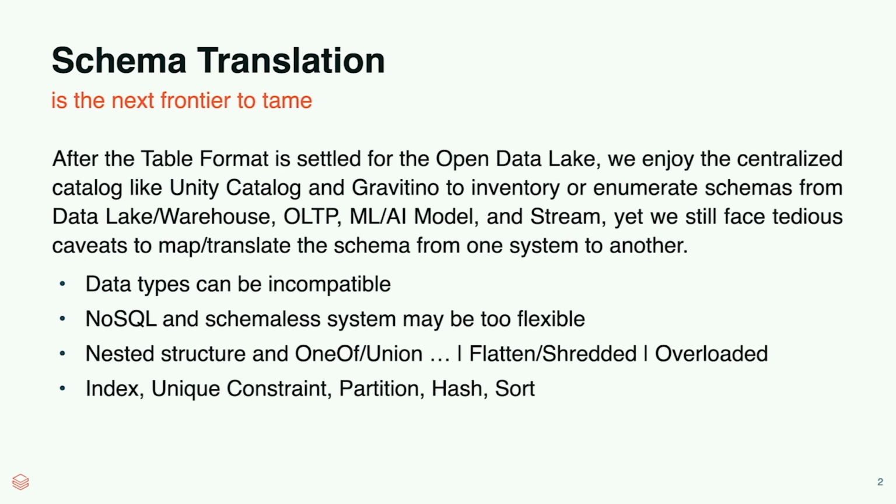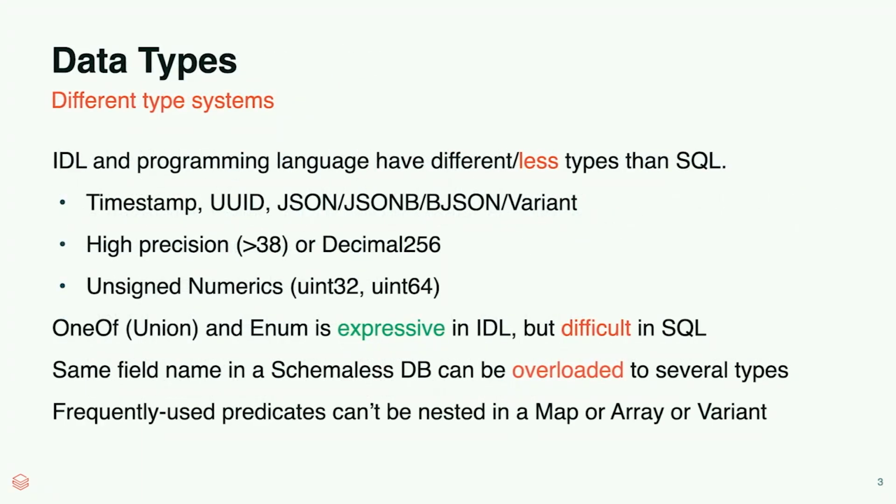Last but not least, you want the performance, you need an index. You want to do sharding, you want to do partitioning, right? And you need to sort your data. It gives you 10 times acceleration. Where does that information get captured? Is that in the catalog or does it get lost? With that, we need to talk about the first problem.